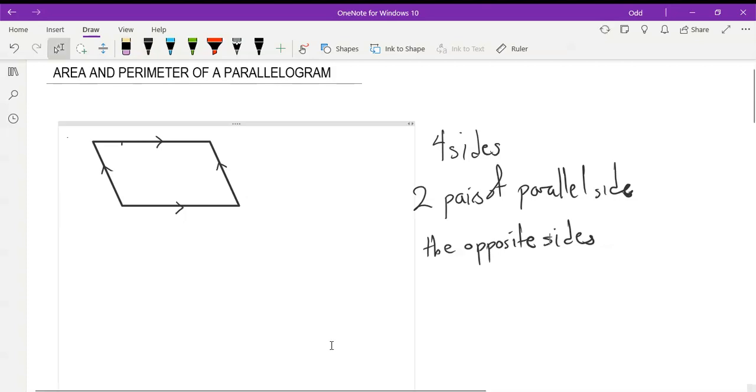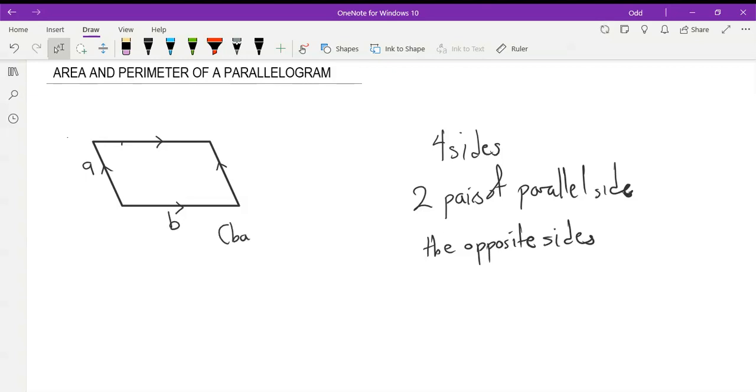Okay, so let's continue. Now, how do we find the area of this parallelogram? So let's identify this. You can put this as A and B. This B, we also call it the base. So this is the base of the parallelogram. And this is the other side. We can just call it the side. And then we also have the height around here. Your H should be the height